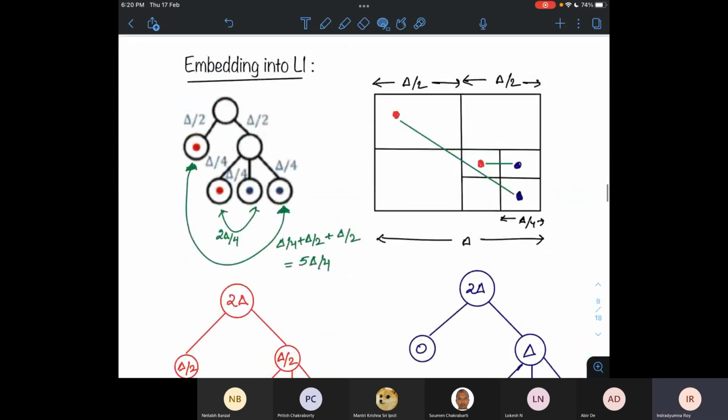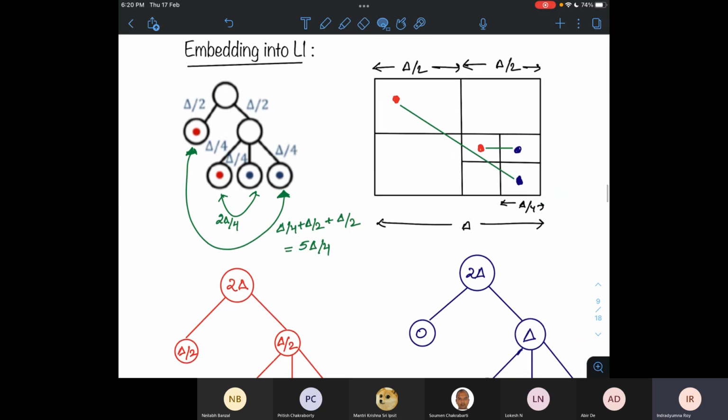So for the embedding into the L1, let's say we have this. I have taken this diagram from their slides. Let's say you have these 4 points which have been embedded into the tree metric. And then you have this set of 2 red points and this set of 2 blue points, which look like this in the original metric space. These are the grid lengths. And the mapping of this